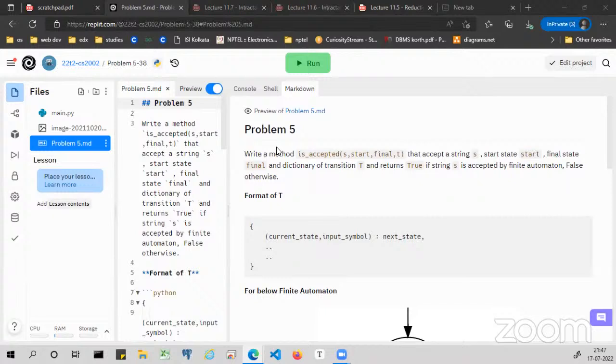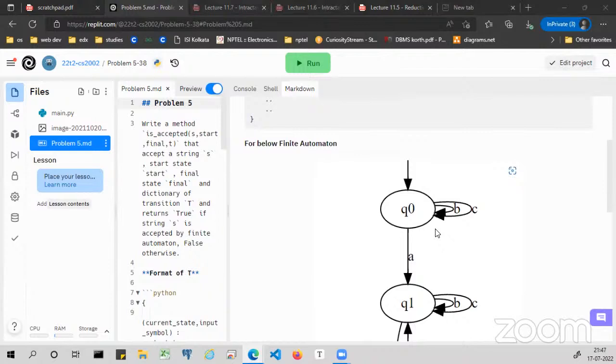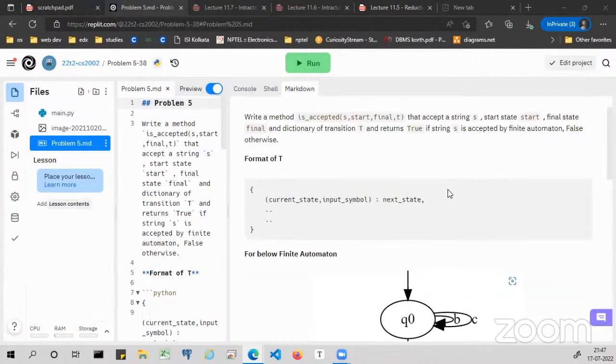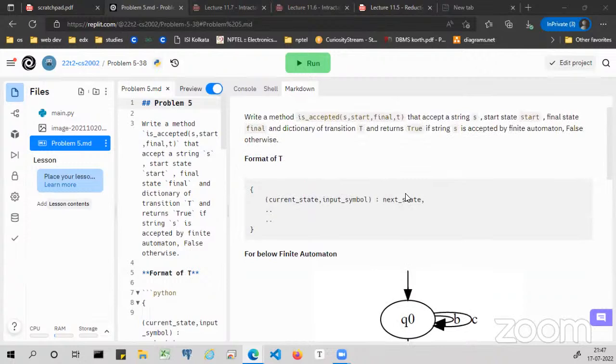Okay, so let's briefly discuss this. It's basically a simple problem with the automaton that we discussed, a transition between different states on different inputs. You have to parse one input and move from one state to another depending upon the next character in the given input, and depending upon the configuration of the states. How will you get that configuration? It is given in this